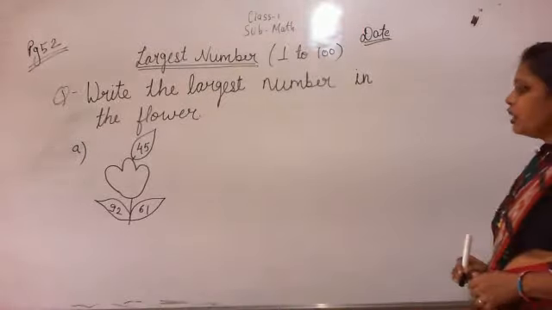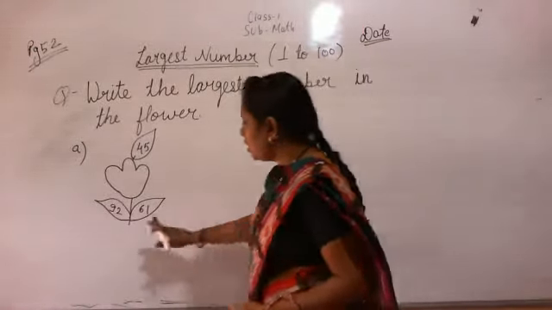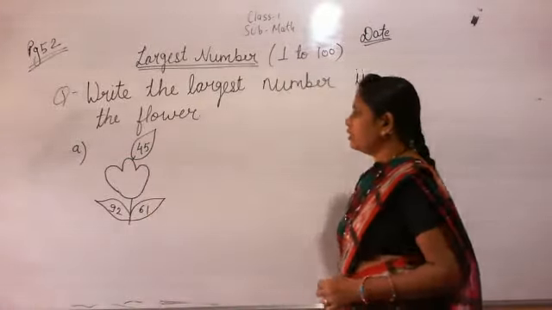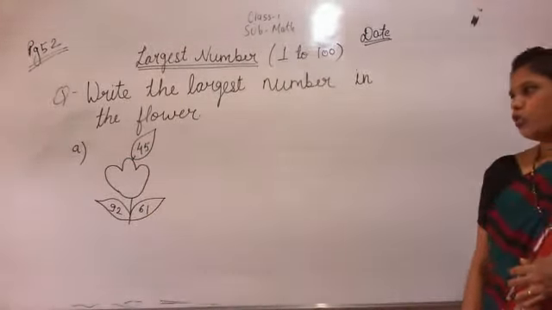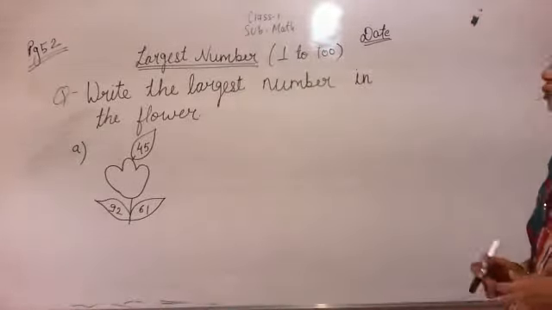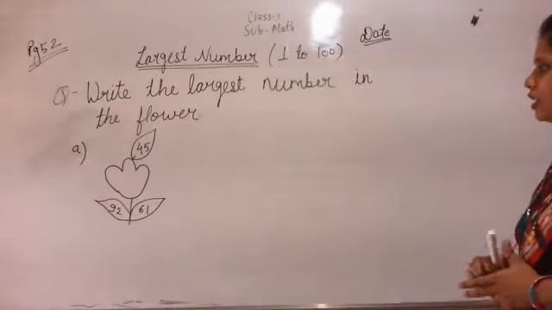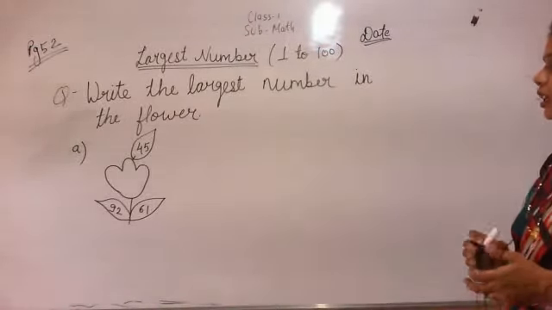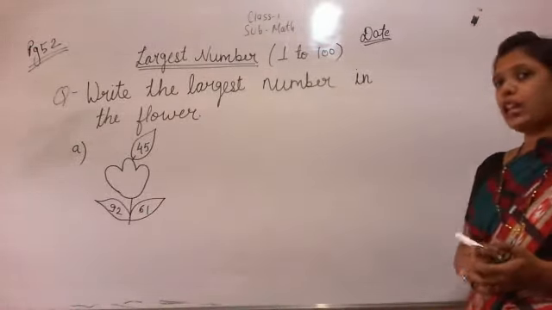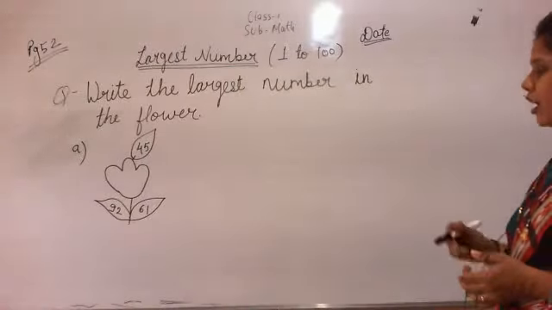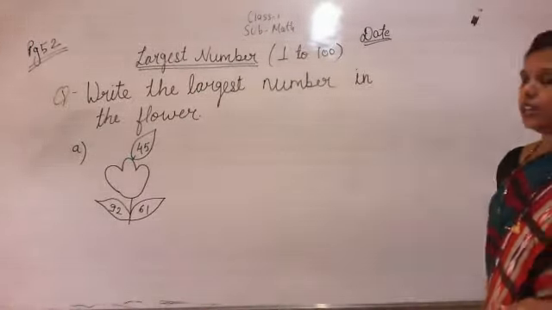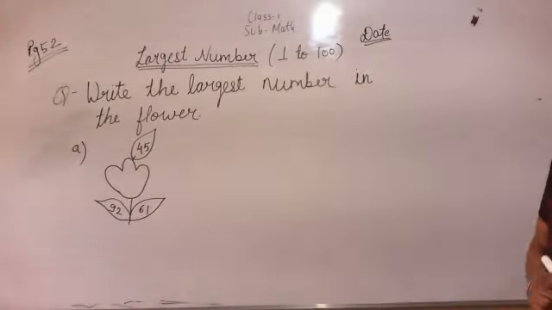And if you want to color it, you color it afterwards. Color the leaves with light green color and the flower with yellow or pink, and use light colors for coloring so that you are able to see the numbers properly. If you use dark color, then you are not able to identify the number you have written. So use light colors.